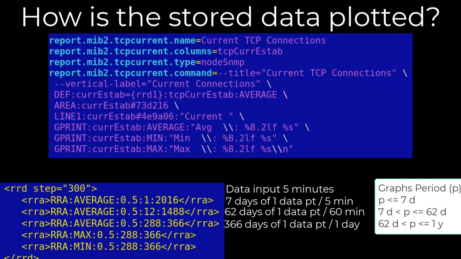Graphing the collected metrics takes into account at least two factors: the period selected for the graph and the number of data points that can be used in the graph. As just explained, the graph is made up of area and line 1. Both of these are based on the cur-estab variable, which is defined as the average consolidated factor of the TCP